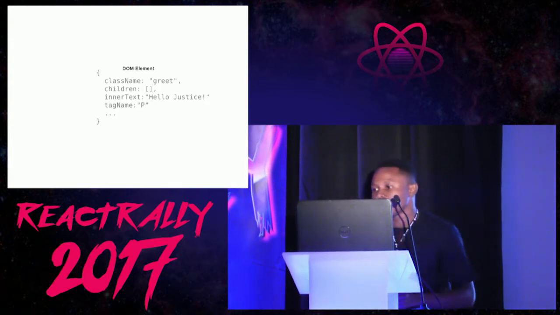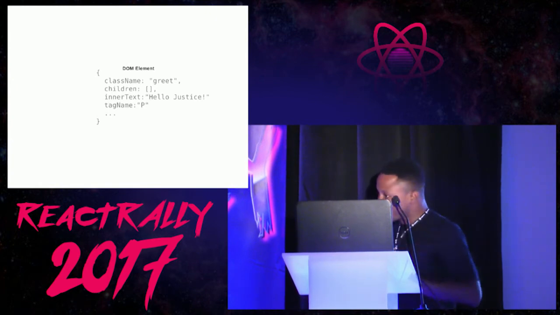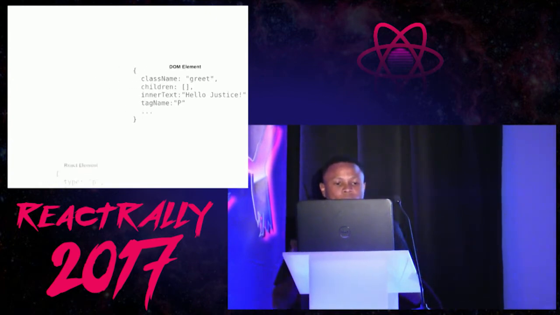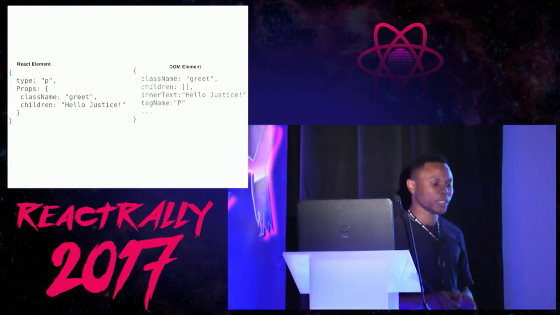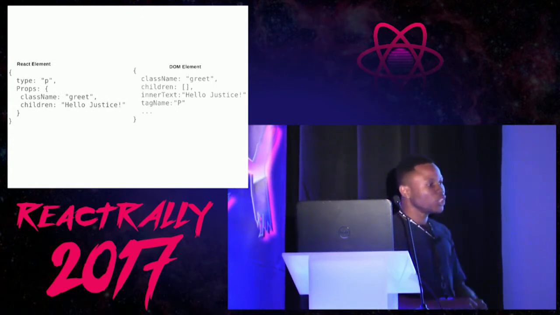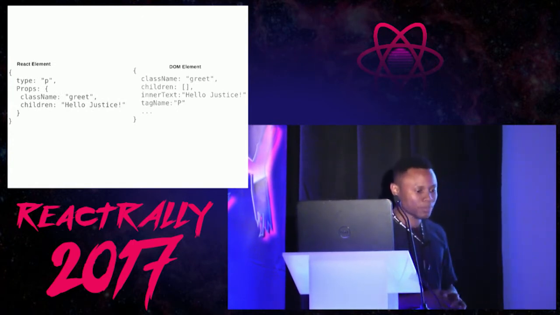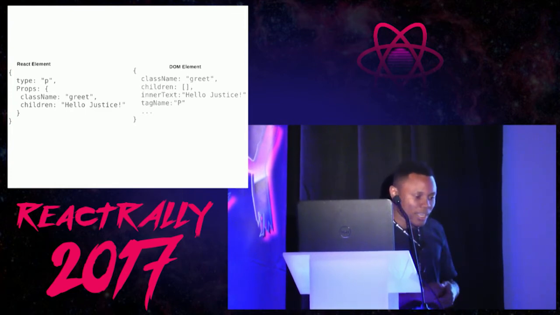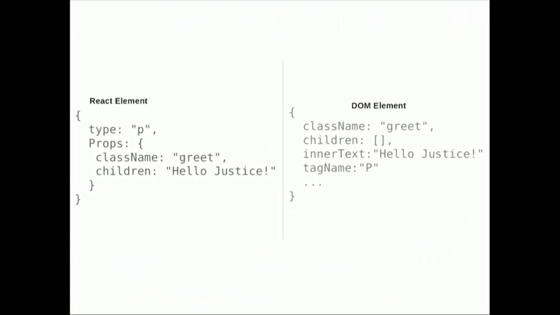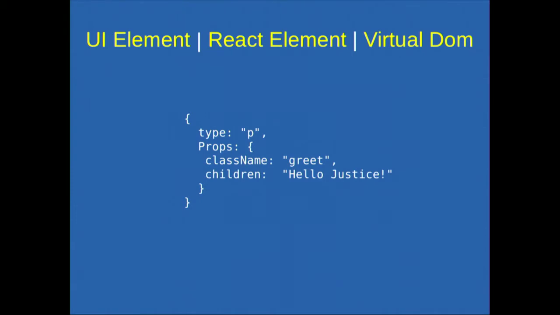That's why in React, we don't do HTML or templating of any sort. We just go straight using this same simple data structure, a simple plain old JavaScript object, to describe what our UI is going to look like, right? This JavaScript object is going to contain the type of the UI we're describing and also the properties that this UI is going to have. This simple JavaScript object is what we call the UI element, the React element,